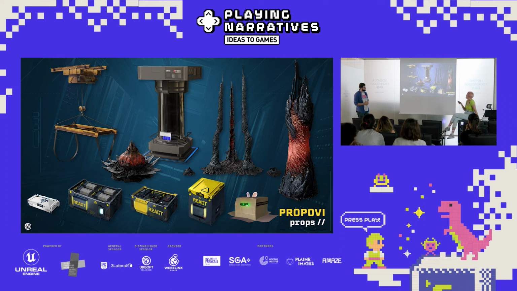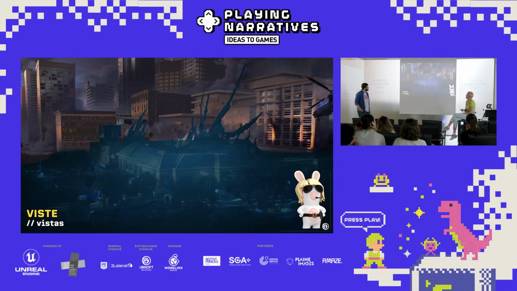Yeah, and these are really fun to do because the player gets really close to most of them, so they have to be really detailed, and you get this cool feeling of making an alien structure that glows inside and stuff like that. And last but not least, we have the Vista assets. The Vista assets are models that go behind the level and somewhere where the player can never get.